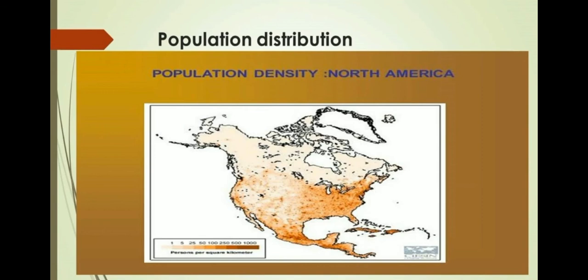The largest country by land area is Canada. The largest city by population is Mexico City. The population density is about 20 per square kilometer. Some of the places have densely populated areas, moderately populated areas, and sparsely populated areas. Densely populated areas are the eastern part of North America, the Great Lakes region and so on. Moderately populated areas are the central part of the United States, the Central Highland and so on. Northern Canada, Alaska, Rocky Mountain regions and desert regions are sparsely populated areas.